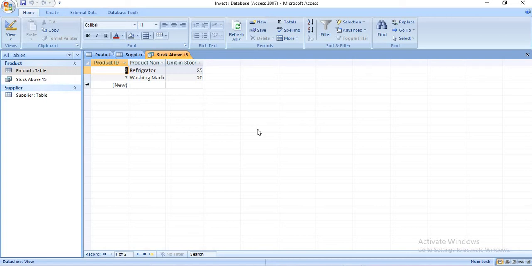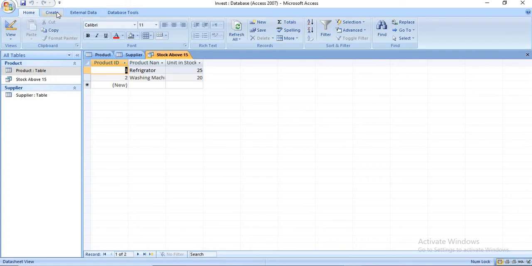What is the next question? Create another query on the products table containing all the fields with a filter condition, unit price more than 10,000, sorted in ascending order of unit price. So again we have to create a query on the same table, that is product.